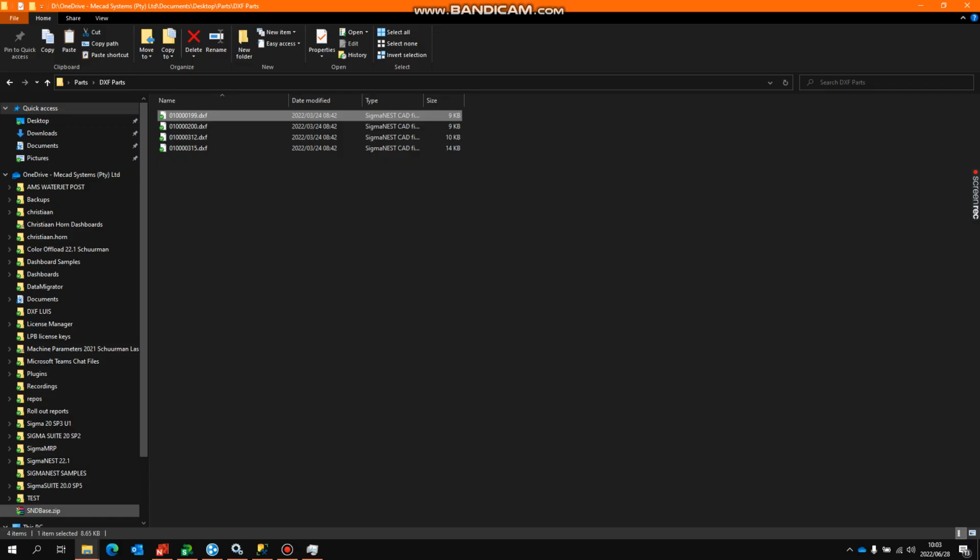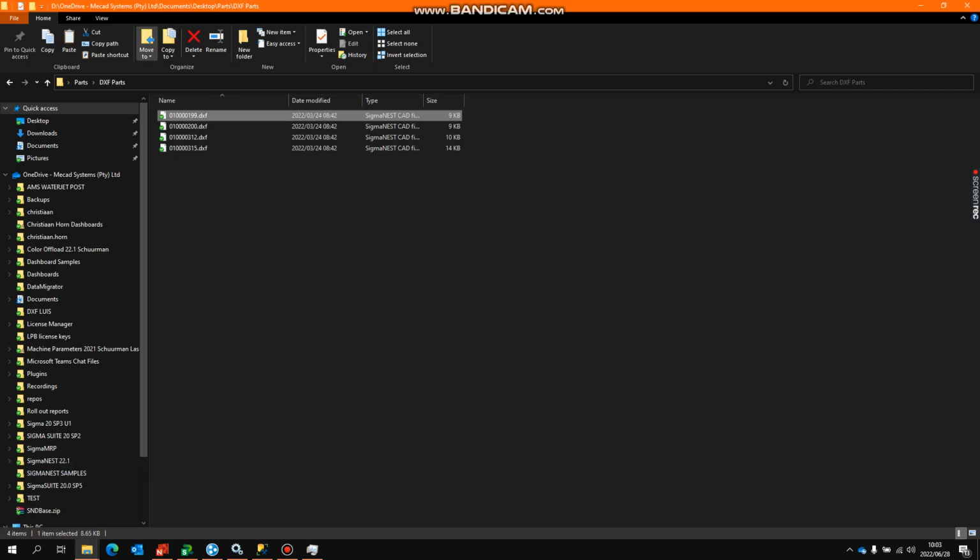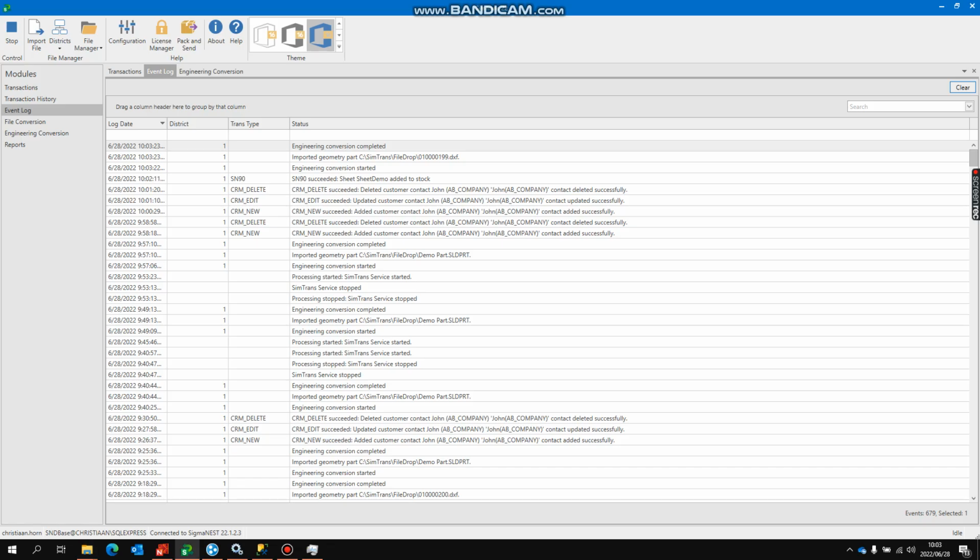Then we have a little scheduled integration that runs in your Windows scheduler, for example, every time you want, let's say 5 minutes or 2 minutes. And this is called a batch file. Just going to execute that. Now it will take the properties of that SolidWorks DXF, meaning the material, the thickness, the revision number, everything, and